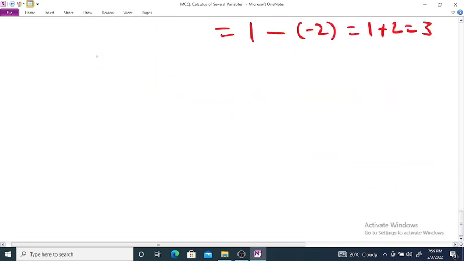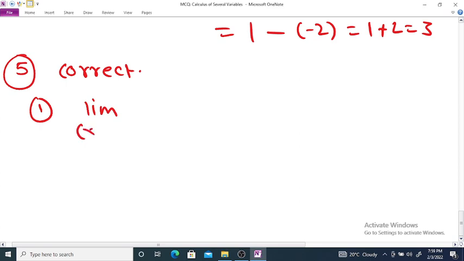Next, example number 5. Which of the following statements is correct? We want to identify which of the following statements is correct. Option 1: the limit of f(x,y) as (x,y) tends to (x0,y0) exists